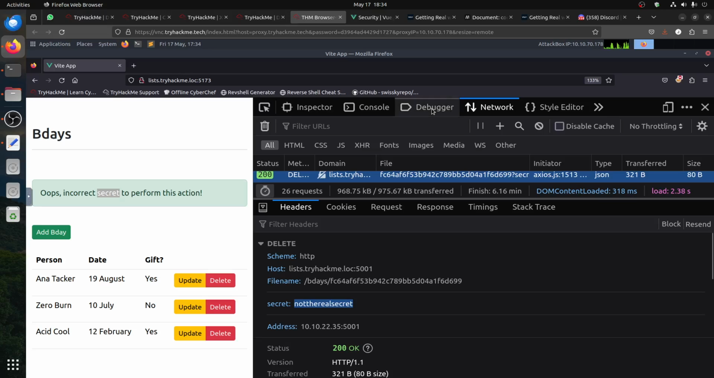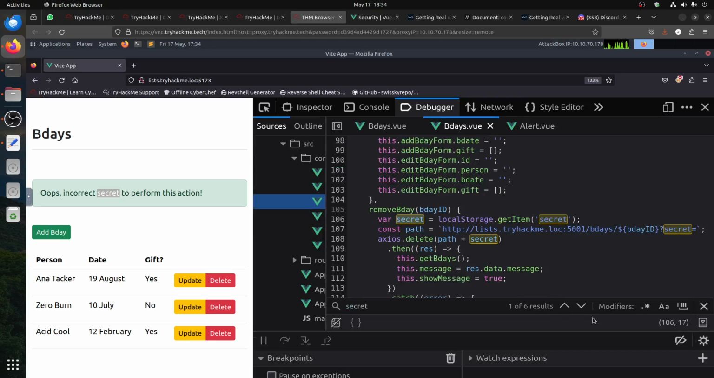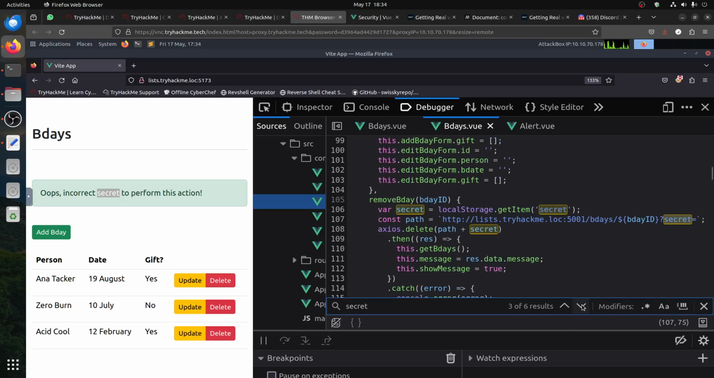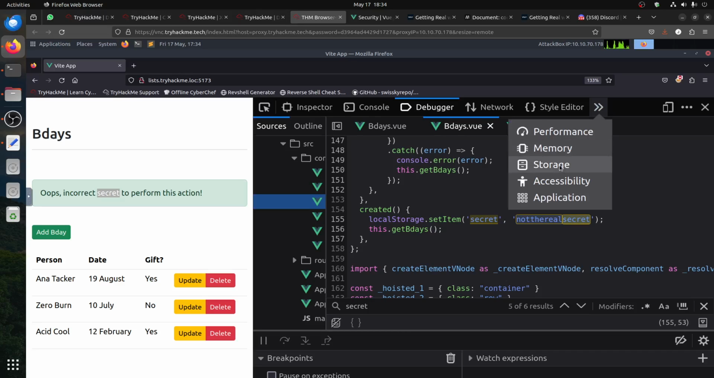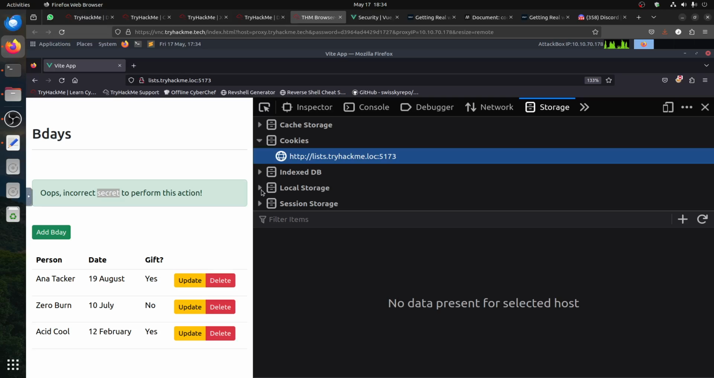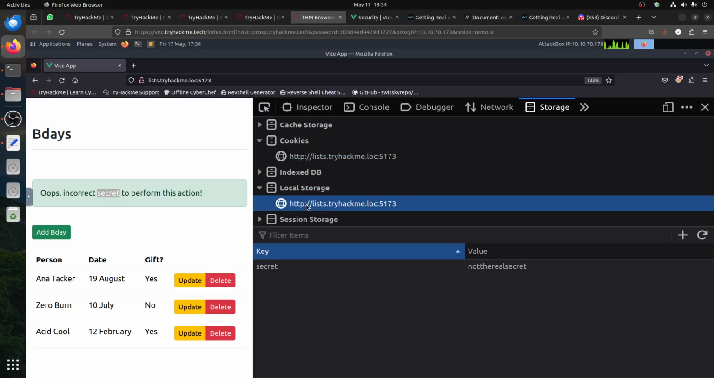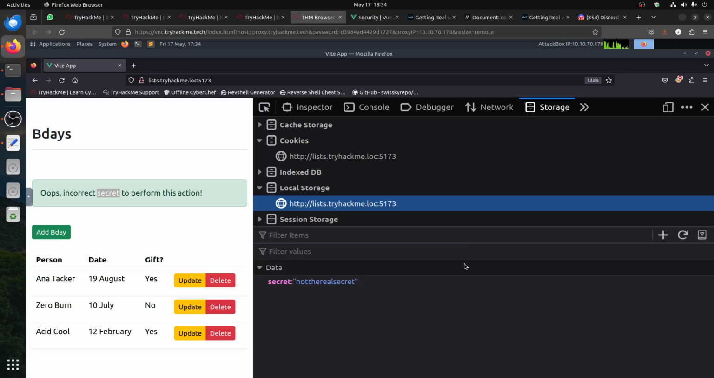Now if I go back to the debugger and follow where this secret is, it comes here. So when the application starts, it automatically sets it by default, not the real secret. Of course, it puts it in as a cookie. So in the storage, if I go to local storage, I find the secret is this. This is not our secret. We can't use this one. So the idea now